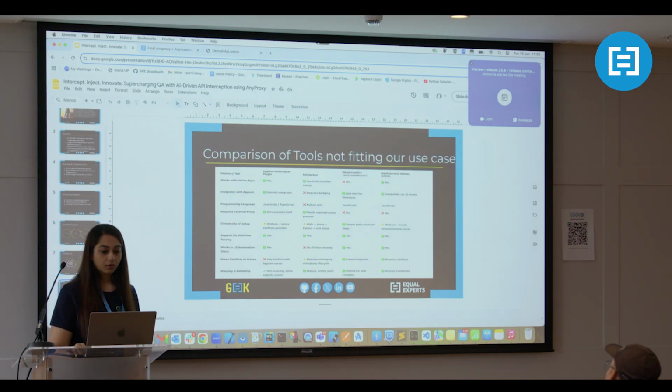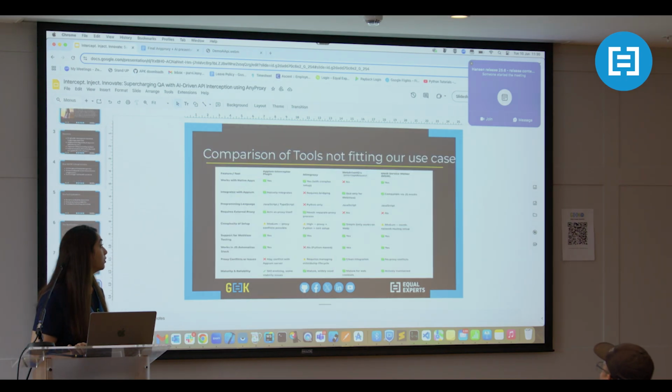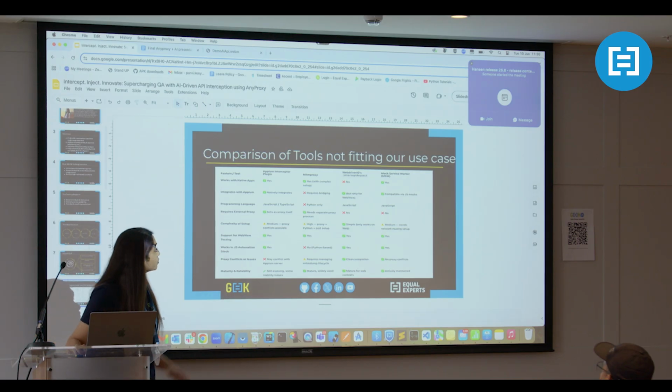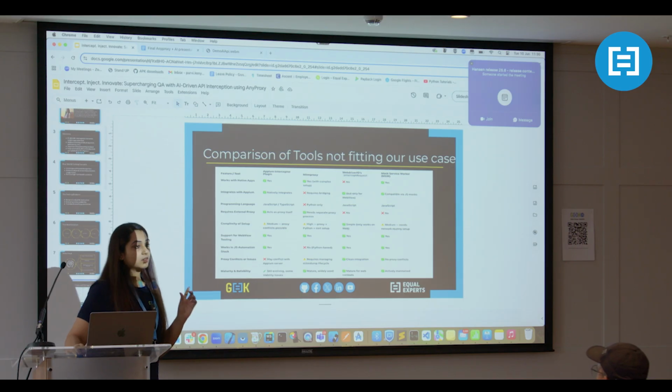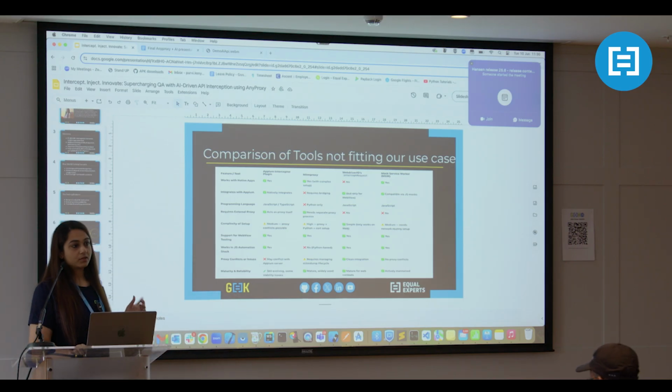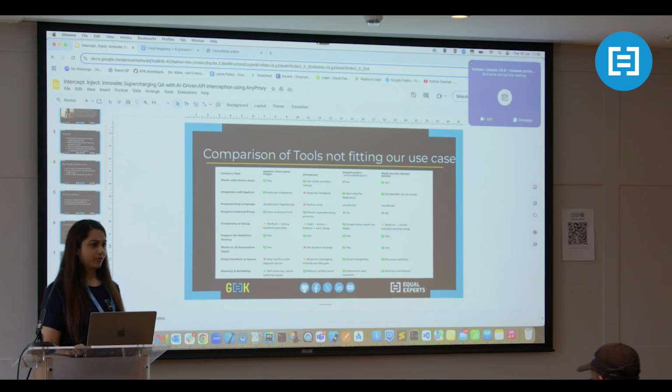So this is a brief overview of why we did not choose Appium Interceptor, MITM proxy, WebDriver IO's intercept request, or Mock Service Worker.